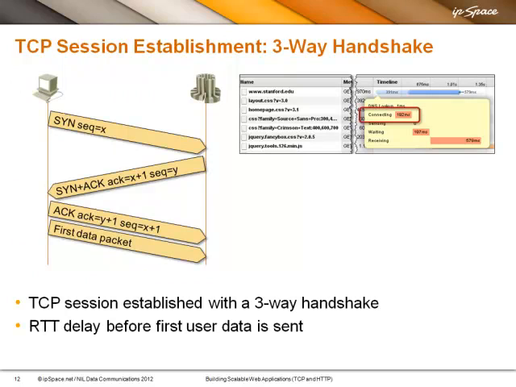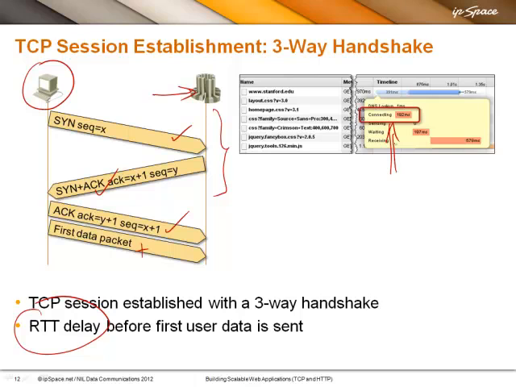You're probably aware of the three-way handshake that TCP is using. Whenever a client wants to connect to a server, the first thing it sends is the TCP SYN packet, and the server responds with SYN plus ACK, so they establish the sequence numbers, and the client responds with an ACK packet plus the first data packet. You see, we need one round-trip time to get from the client to the server and back. So we spend one round-trip time before we can send the first data. This is the 192 milliseconds that I was experiencing in the connecting phase.